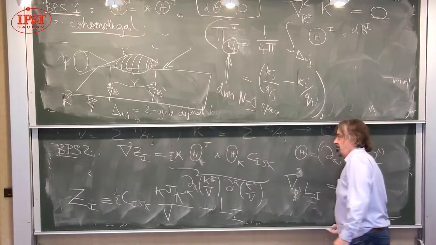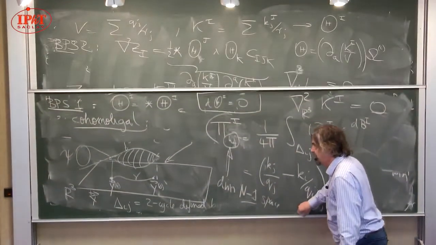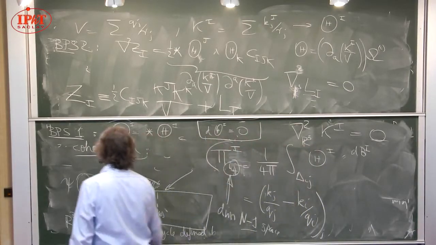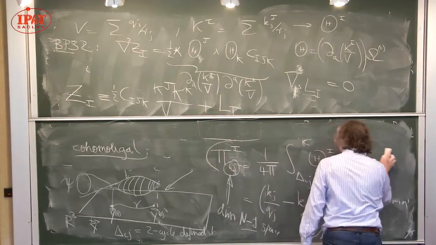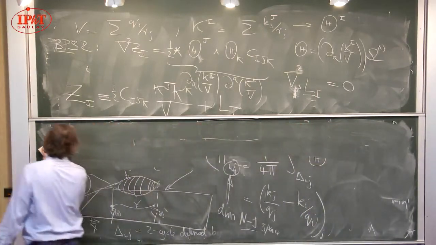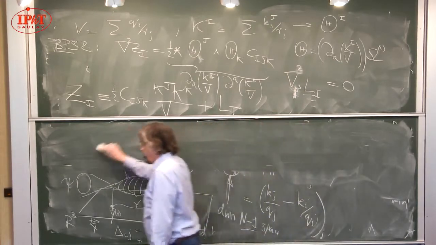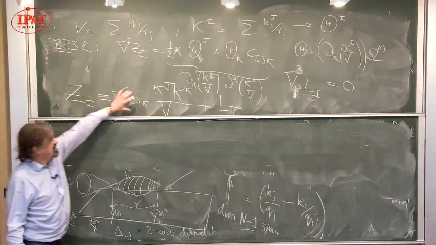Okay, so BPS2 is easy, but there's another issue. I did this in a different order in the notes, but I think it's natural to talk about it here. Remember, for microstate geometries, our goal is to make everything smooth. And remember, if you put theta to 0, this term,